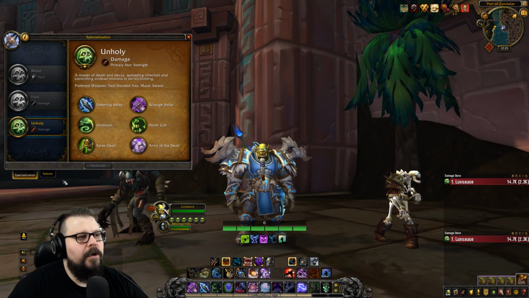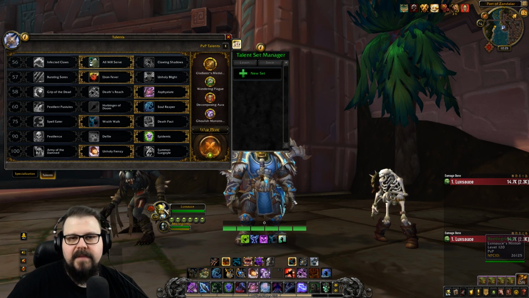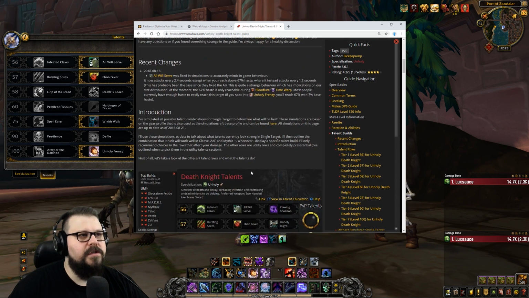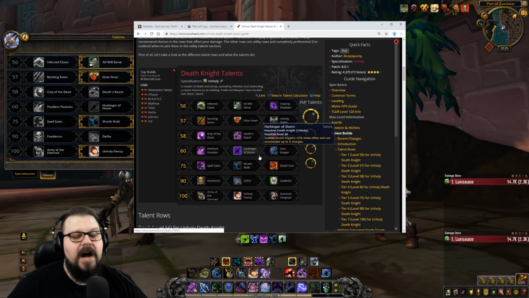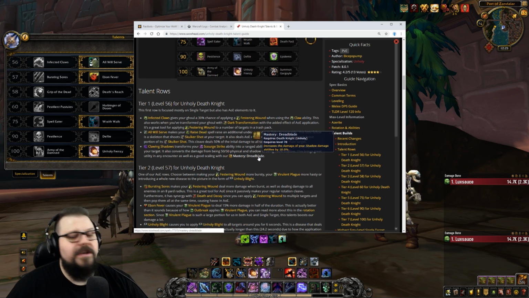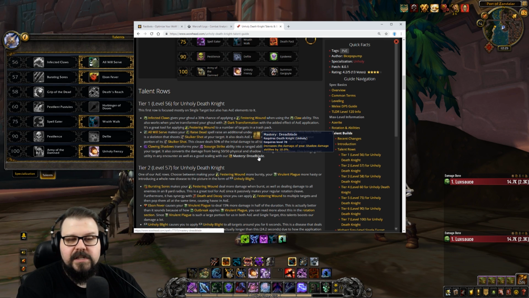But first of all, we're going to need to figure out a base talent set, and then we're going to be able to play around with it. So what I recommend is that you use resources, for example, like WoWhead guides that are made by a very good player that has played the class for a very long time. They've done this work with simulation, and they've tried to see which talents are the best. You can also use your class Discord. If you don't know what your class Discord is, you download the application called Discord. You go on Google and you type, for example, Death Knight Discord. You're going to get a link to it, and those Discords have a lot of information about what talents to